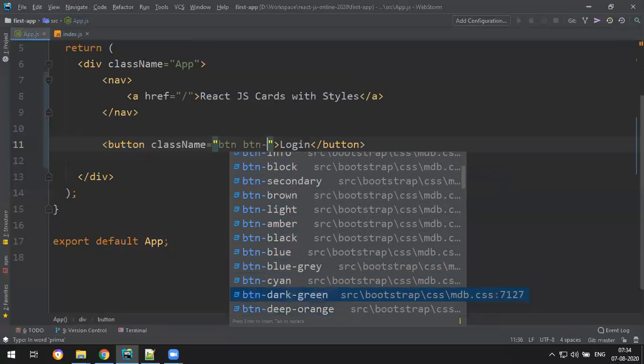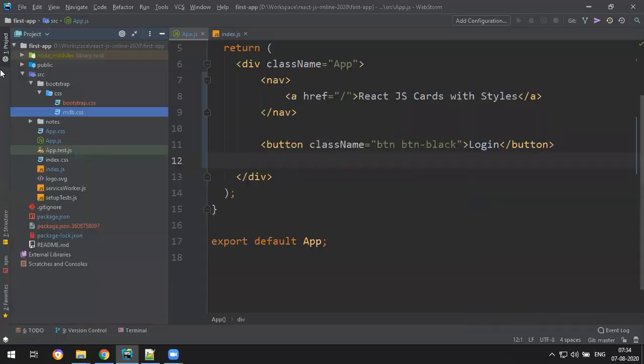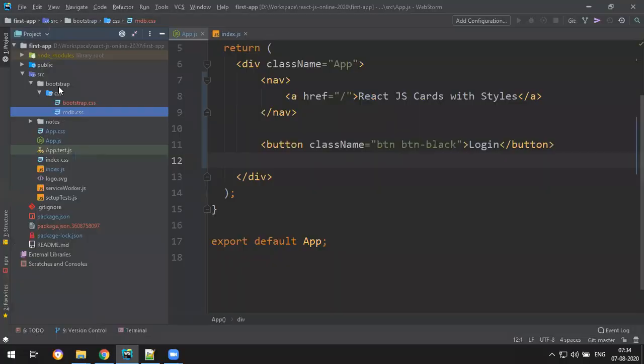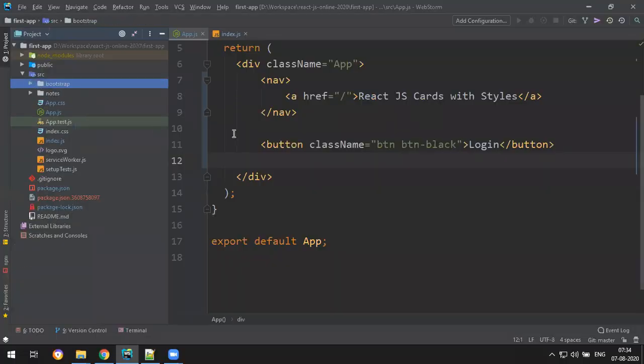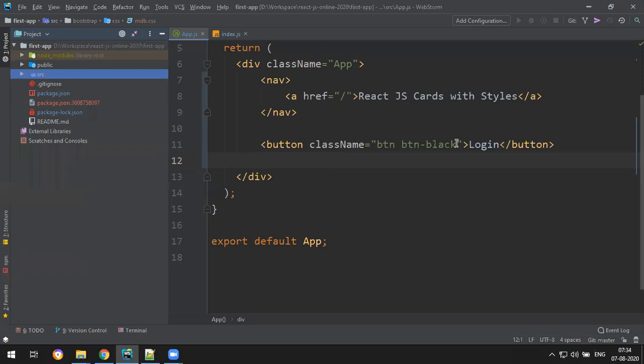So for that reason, what you extra do is get the same files which are there in the node modules, these two. Create one, just for the time being, bootstrap folder here, and keep those files here. So if it is there in the local folder structure of this project, WebStorm automatically detects it. So you get automatic class names here.